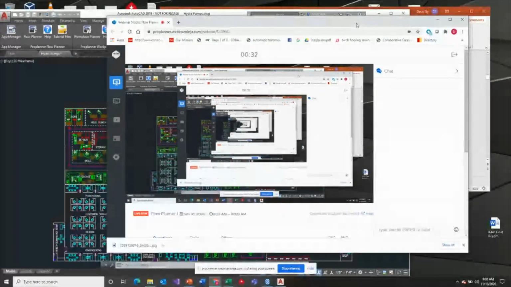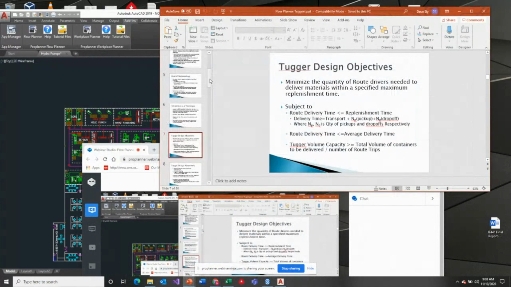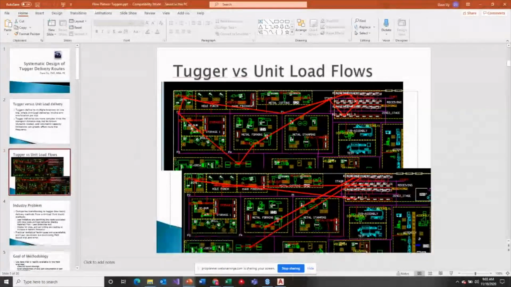So essentially, let me go to the PowerPoint presentation here to get started. When we look at a flow analysis, we see that with the Proplanner application, we have a routing that takes a device to a location and often back. That's what we call a unit load analysis. A fork truck may leave a location, go somewhere in the facility, and come back. And so what we're doing when we generate what's called a routing file, we'll take a look at one of those in a moment, we're basically viewing the flows to and back, to and back,